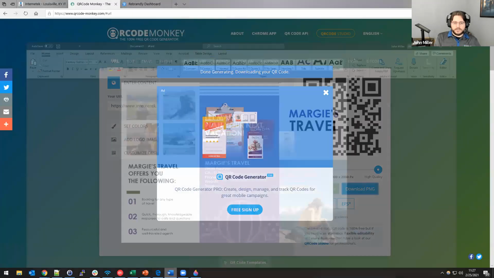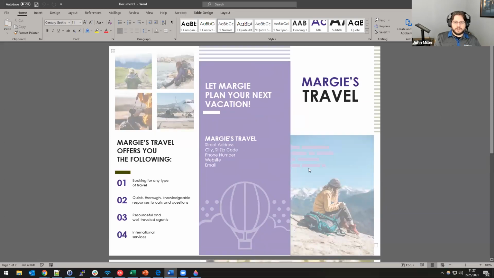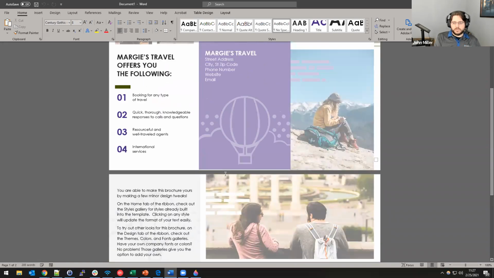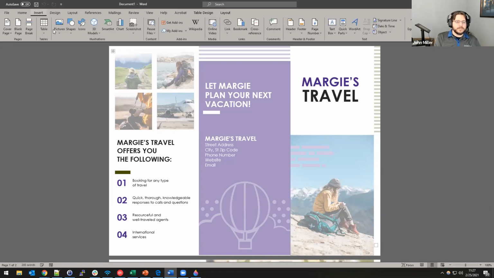So I've got a little Word document here. This is a template travel brochure. This is a quick way of working with these. We're going to add a QR code to our brochure. There's nothing special here. This is just one I grabbed off the Microsoft template website. What we're going to do to add a QR code to this is go to Insert and go to Pictures, and from this device,